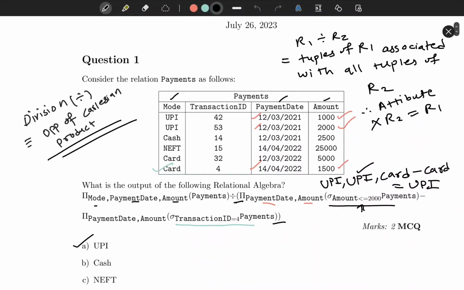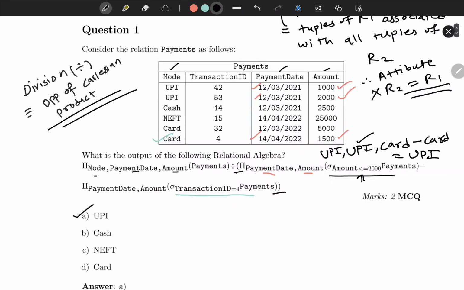The assignment starts with the relational algebra question, where we are asked about a new operation, that is the division operation. Division operation is a bit complicated. I like to think of it as the opposite of Cartesian product, and its formal definition is when relation 1 is divided by relation 2, tuples of relation 1 associated with all tuples of relation 2 are returned when we do this query. That is, the tuples that are returned cross product with relation 2 should give us relation 1,